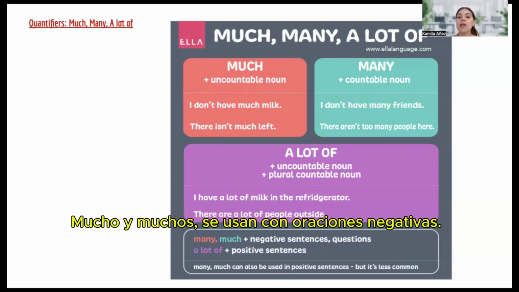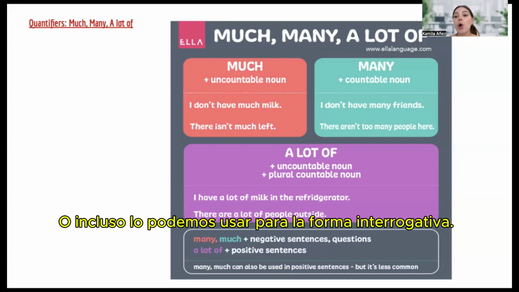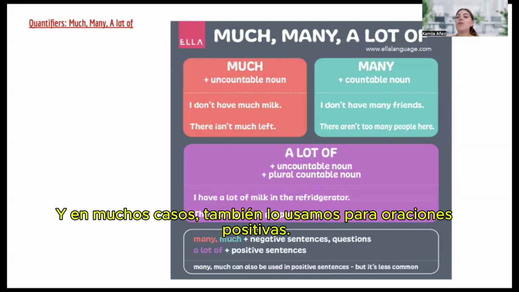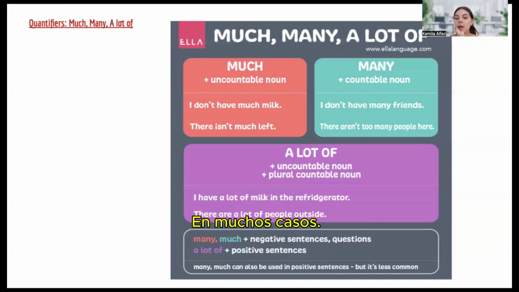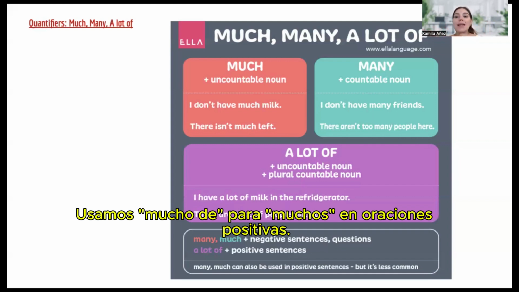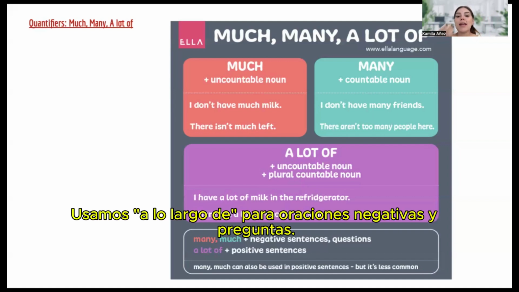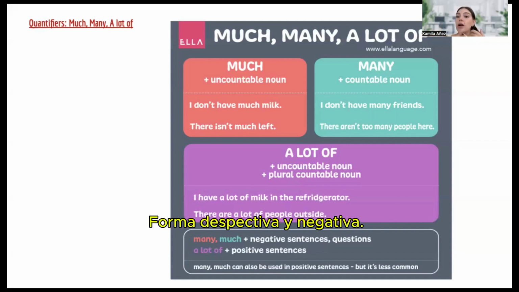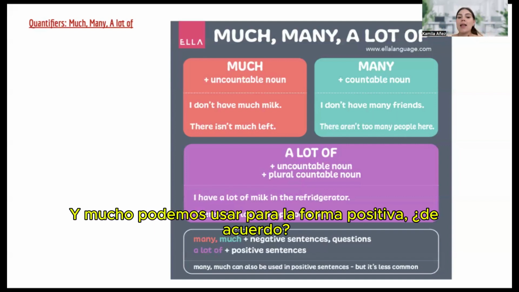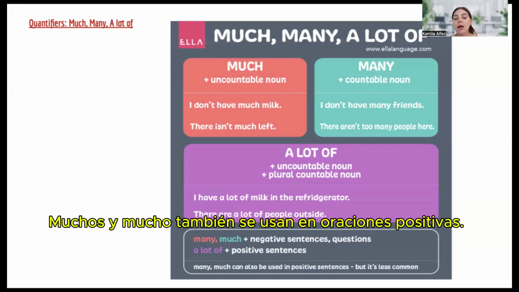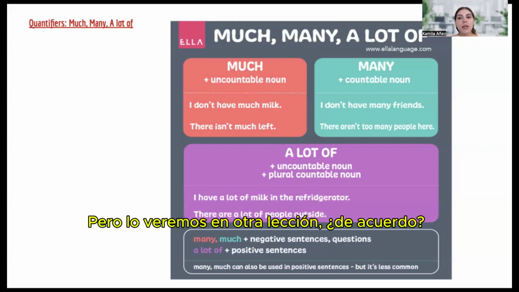Many and much, we can use with negative sentences, or even we can use them for the interrogative form as questions. And a lot of, we also use for positive sentences. In many cases, we use a lot of for positive sentences, and much, many, we use for negative sentences and questions, interrogative form and negative form. And a lot of, we can use for positive form, okay? Many and much can also be used in positive sentences, but we are going to see it in another lesson,